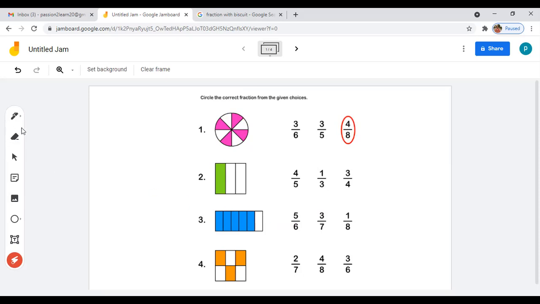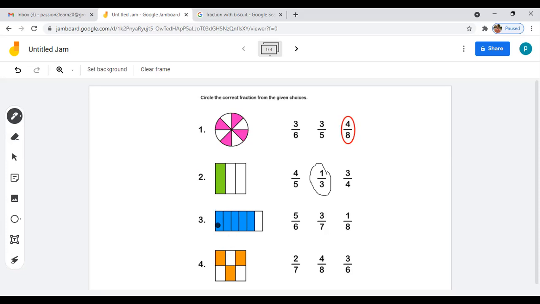Very nice. Second example, one has been divided into 1, 2, 3. Okay, on this 3, how much is the shaded part? This is the shaded part. So we'll write 1 divided by 3. What is the fraction? 1 divided by 3. Can we go to the next example? Can we all do it together?